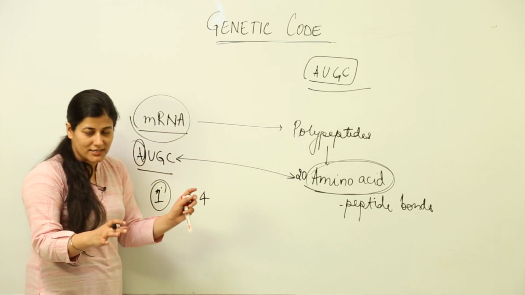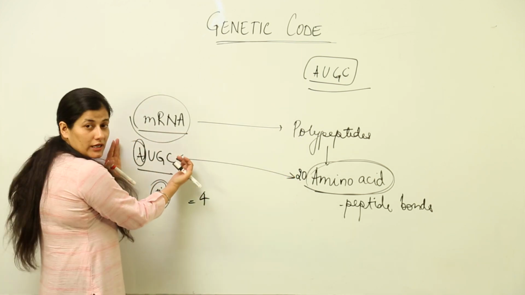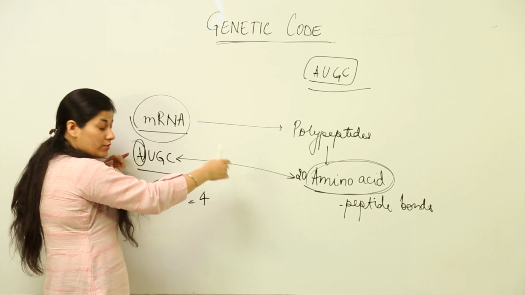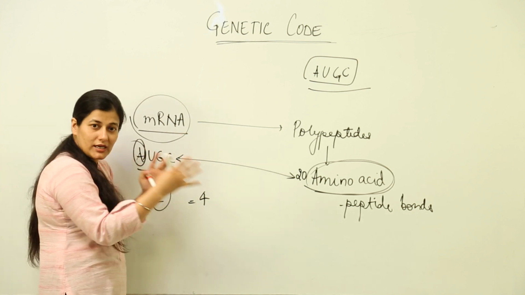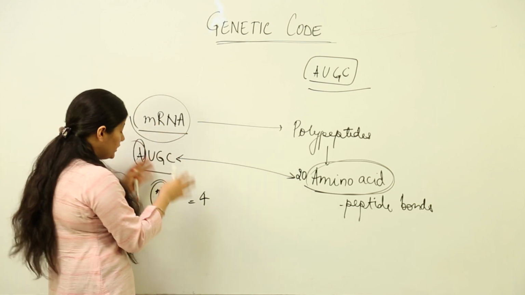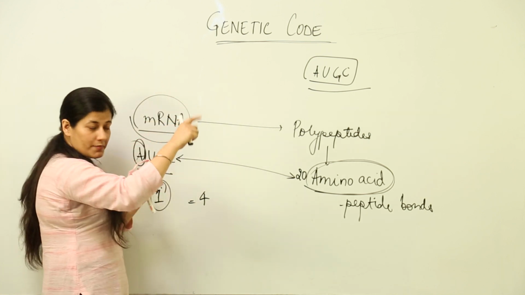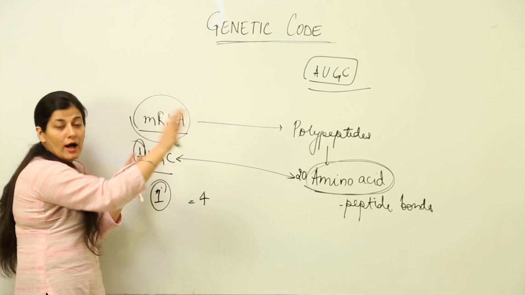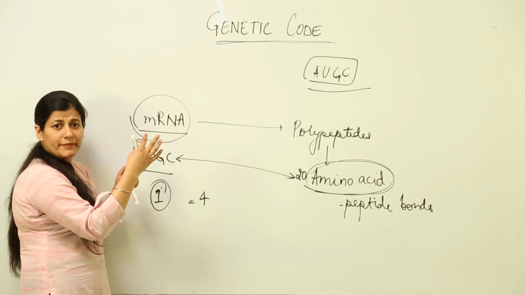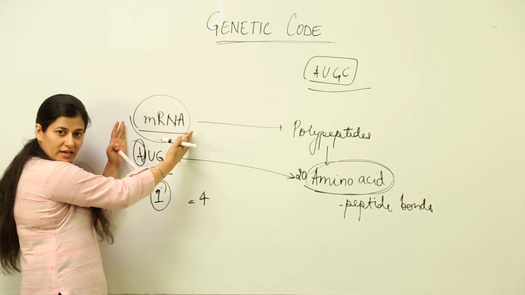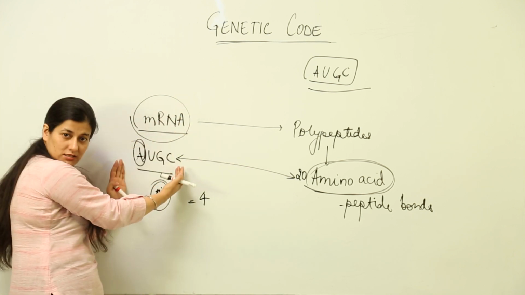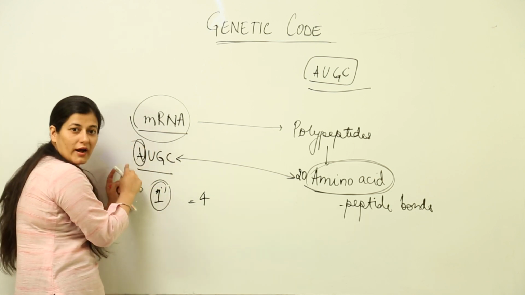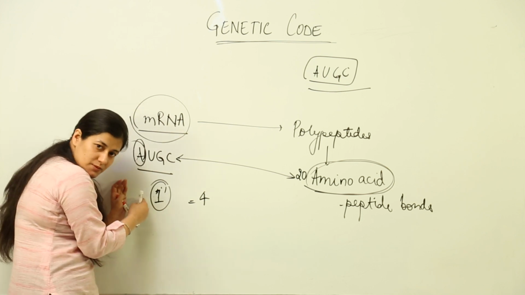What I am saying, if you are not understanding, is that because mRNA has the language of AUGC, and we have to find the possibility of 20 amino acids within these 4 only, then only we can establish a link between the two. And needless to say, whatever is in the polypeptides has to be coded from here. Ultimately, it is the mRNA which is telling how many polypeptides, what kind of polypeptides are to be formed. That means all the information lies here, and this is nothing but AUGC, that is, all the different arrangements. So, all the information lies in these 4 alphabets which represent the specific nucleotides.